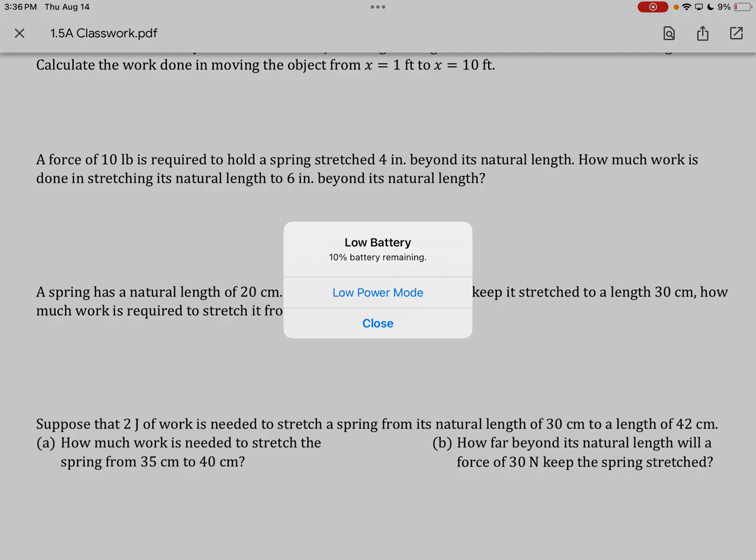So, okay, with the force of whatever natural, how far did it get? And then,